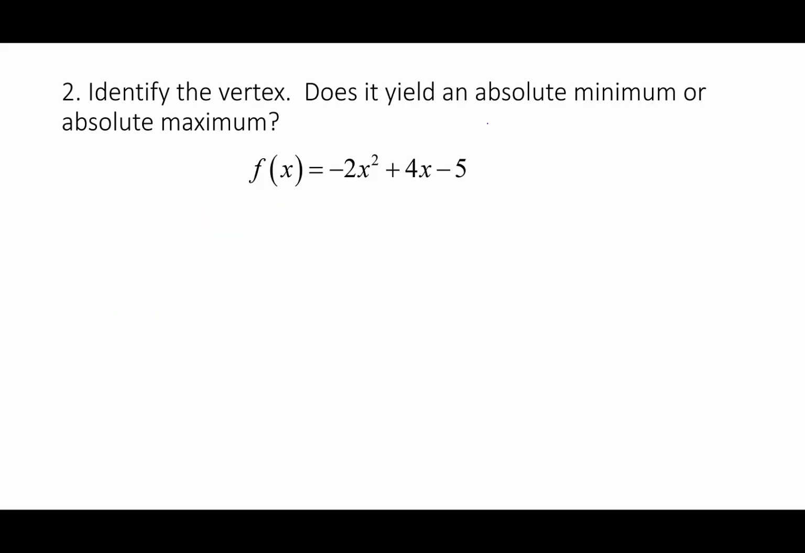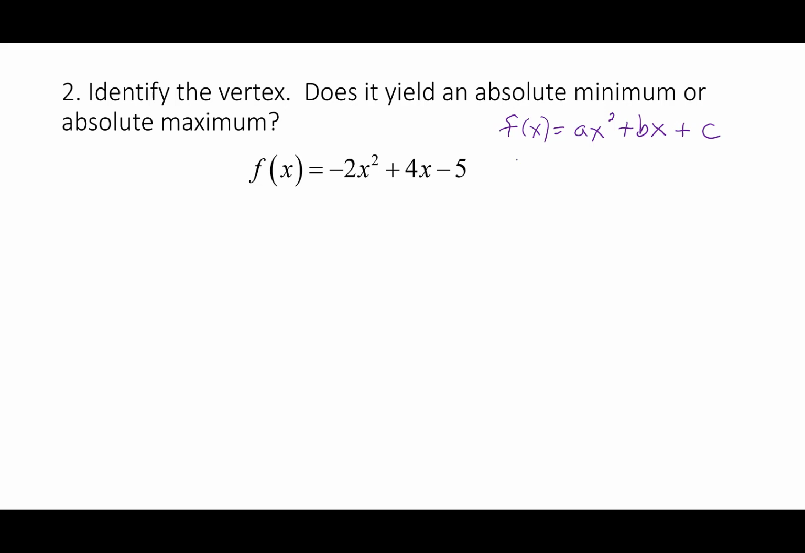Okay, let's move on to number 2 here, where we want to identify the vertex, and then we're going to determine if that vertex yields an absolute minimum or an absolute maximum. For this function, we have f of x equals negative 2x squared plus 4x minus 5. We could put this function into standard form, but I wanted to show you another method of finding the vertex. If we have our function in the form f of x equals ax squared plus bx plus c,